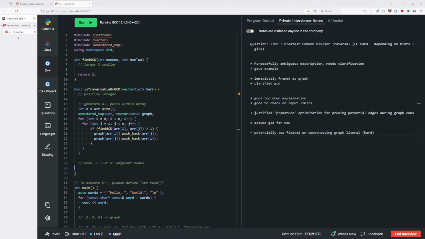Okay, and now what I can do is traverse the graph and make sure, yeah, traverse the graph and grab all the